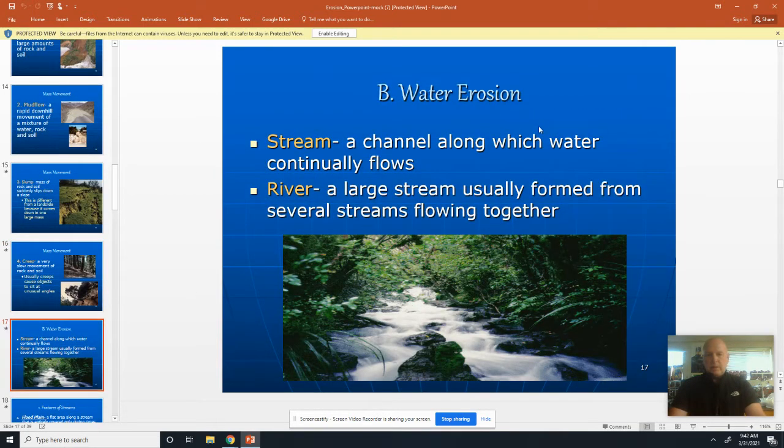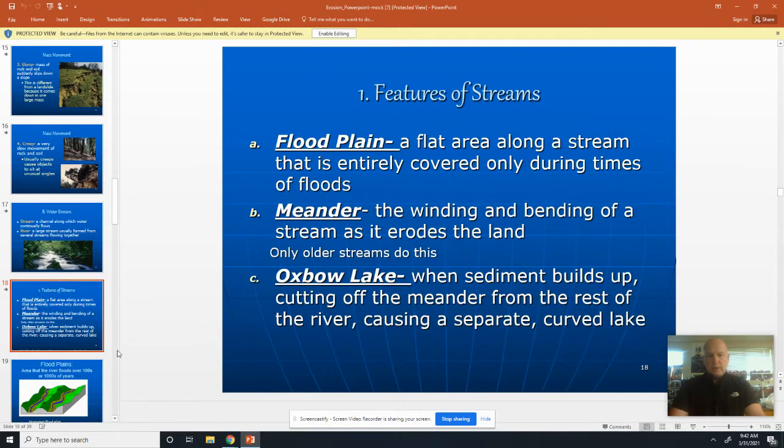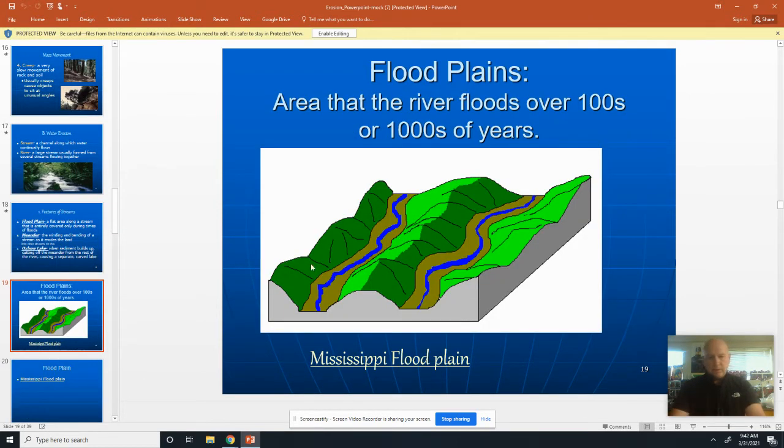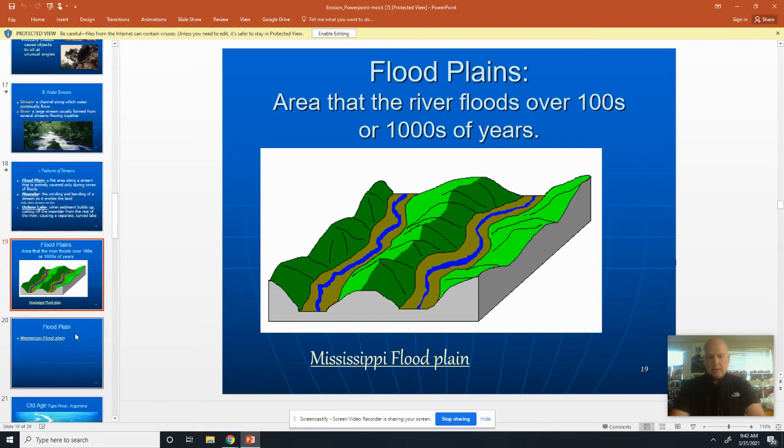And then you have different types of water erosion by streams, by rivers. You have floodplains, meandering, oxbow lakes. An oxbow lake is this river right here starts to move back and forth in an S shape, and it starts to cut away the banks. And you eventually get,